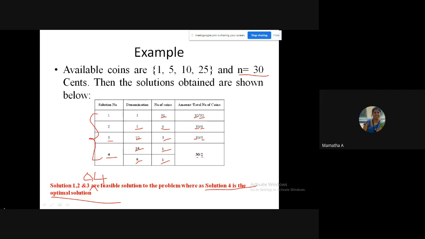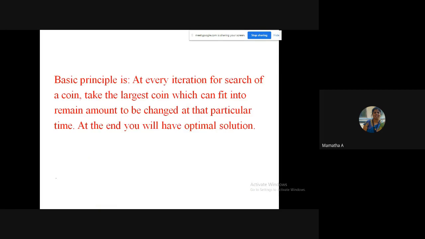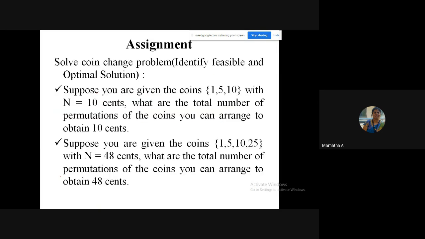Well, understanding. So this is a part of the problem which I did, looking at this you can easily find out all the possibilities. So list out all the solutions, tell which are all the feasible, and which is the optimal. You will write all the feasibles and you mention which is the optimal solution. Okay, so that's about the coin change problem. So this is the assignment which I have just given you all, just to identify the feasible as well as the optimal.